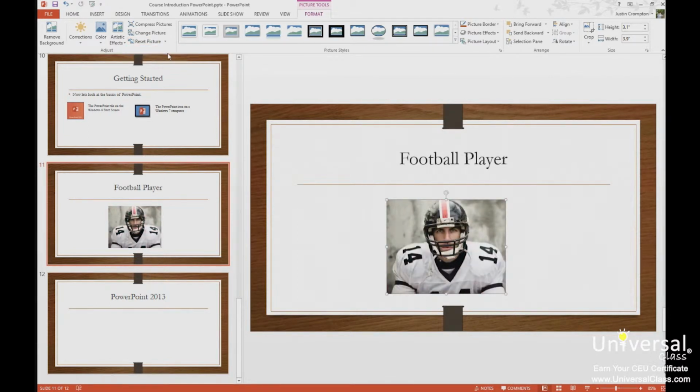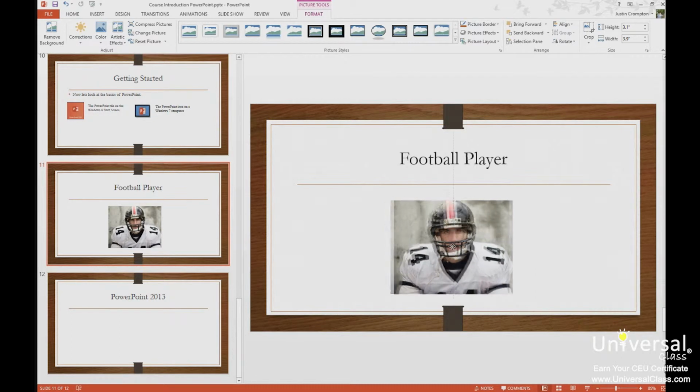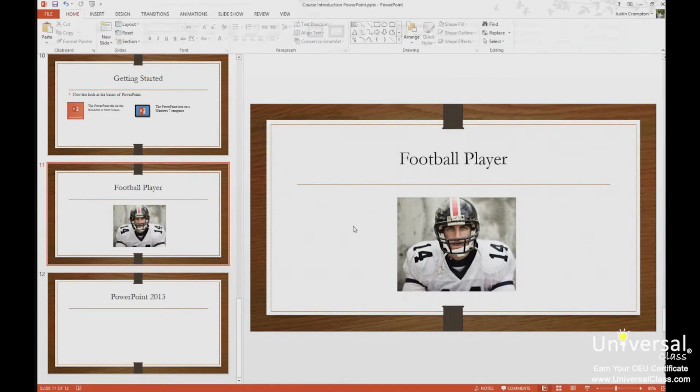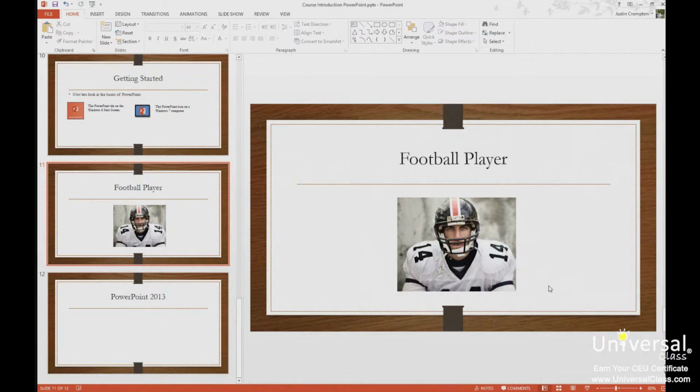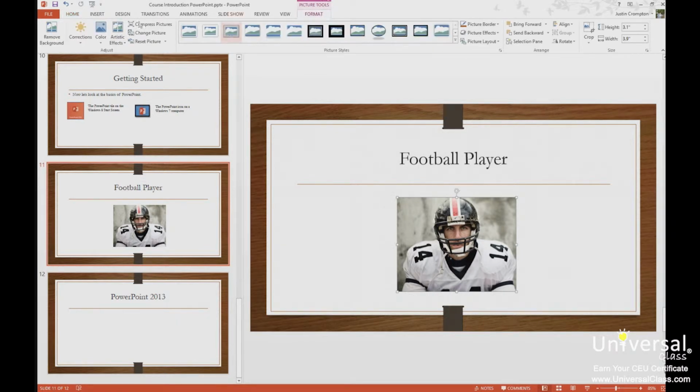Next, we can remove the background of an image. So returning to our formatting tab, I'm going to pick the Remove Background button. Now we get a new tab called Background Removal, and we get various options. Mark areas to keep, mark areas to remove, delete mark. So I'm going to mark an area to keep here, which is I want to keep the football player's